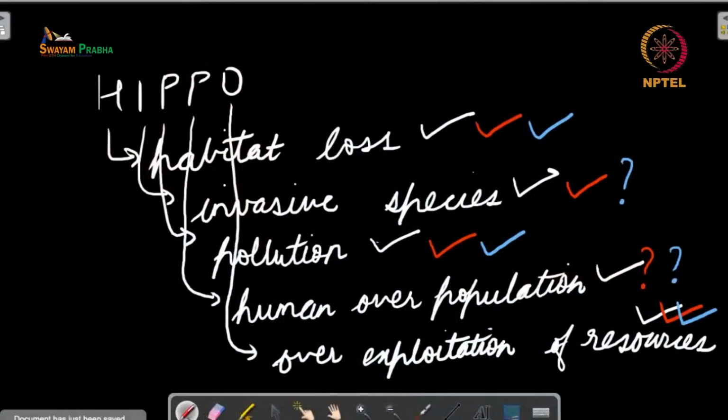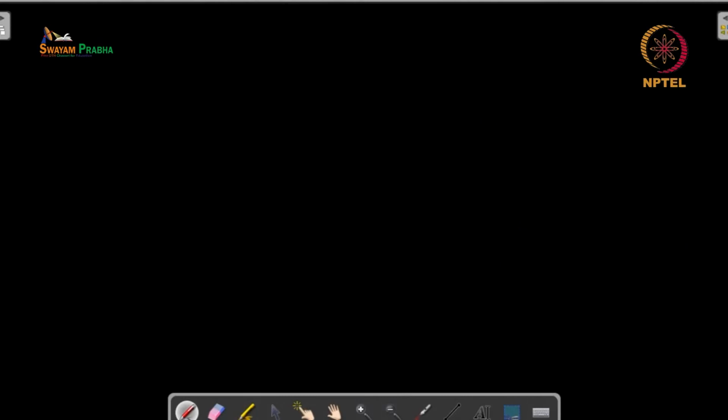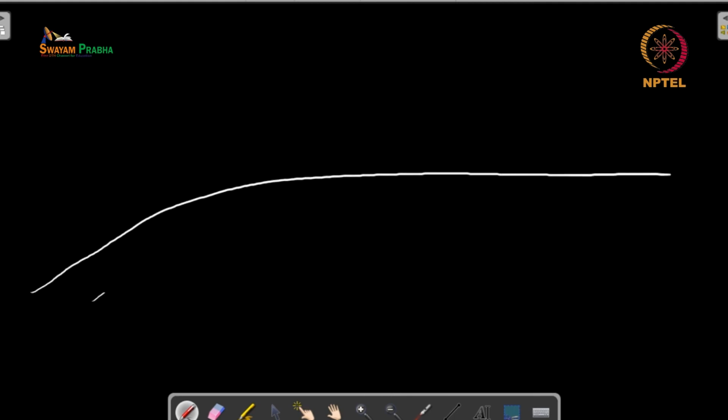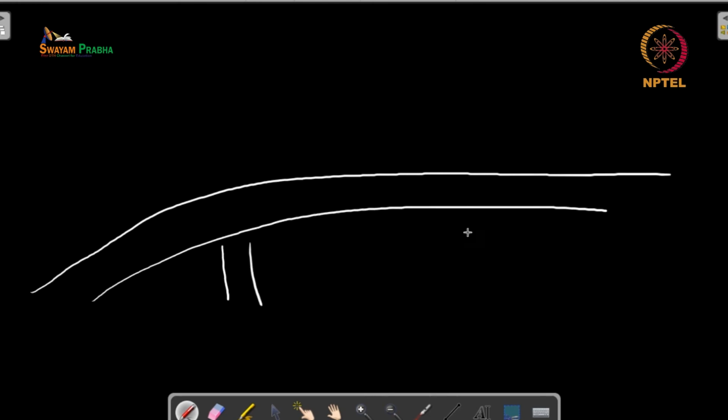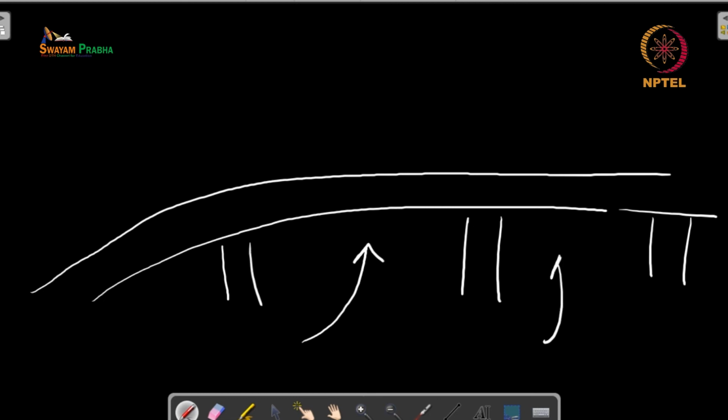Now, in the case of underpasses, what happens is that in certain locations the road is elevated and the area beneath the road is put on pillars so that the animals can move beneath the road. So this becomes an underpass. If you think about a bridge, you get the idea of an underpass.